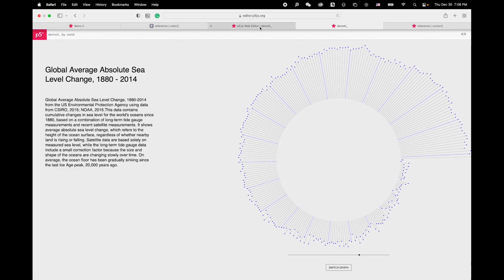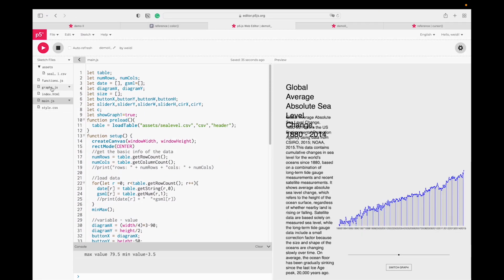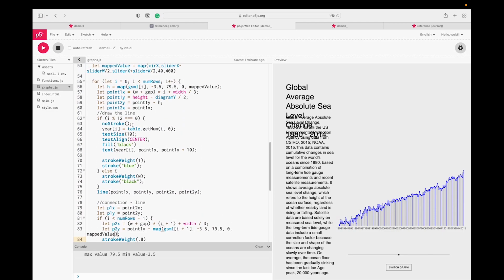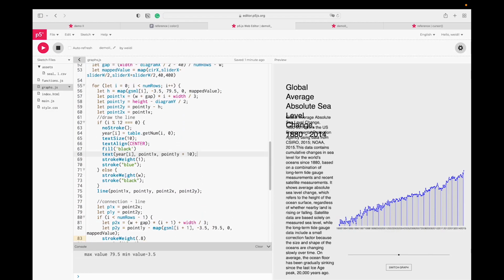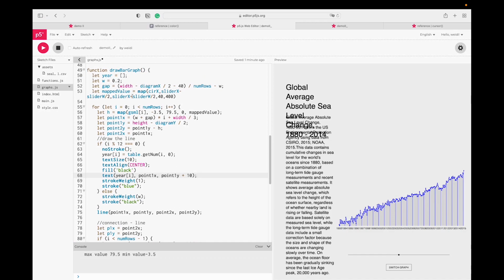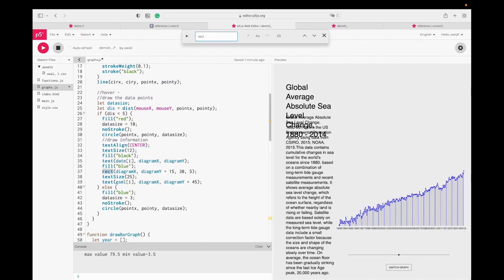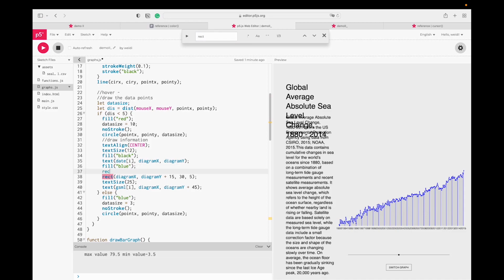So let's get back to the editor and do the last tweak. Function graph, and rectangle. Let's find the rectangle. If you cannot find the rectangles, you use Command F, or you use the find and you say rectangle. And okay, so we see the rectangle is here, and then let's set rectangleMode. It's center. So I want to point out this find